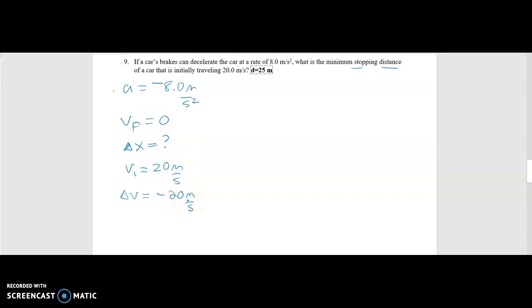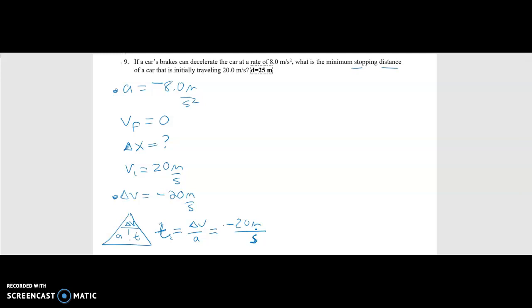All right, before I just dive into the VT graph, I always like to see, is there anything I can do with this information? If I know the change in velocity and the acceleration, what can I do with that? Oh yeah, remember this? That acceleration equals the change in velocity over time. If I know that, I can find the time. So I know the time equals delta V over A. So here you're going to have a negative 20 meters per second, that's our change in velocity,